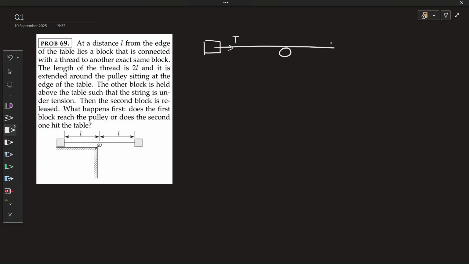This is connected by a thread and you have another block, and both have length L. Here the complication is that this block undergoes purely rotational motion,